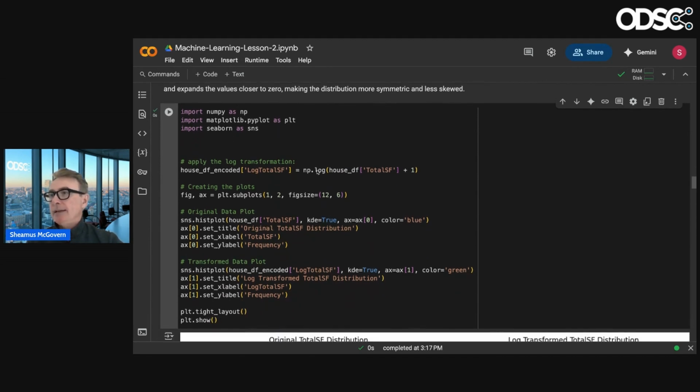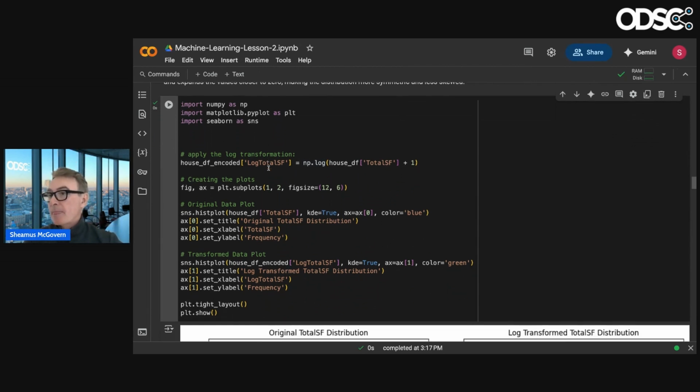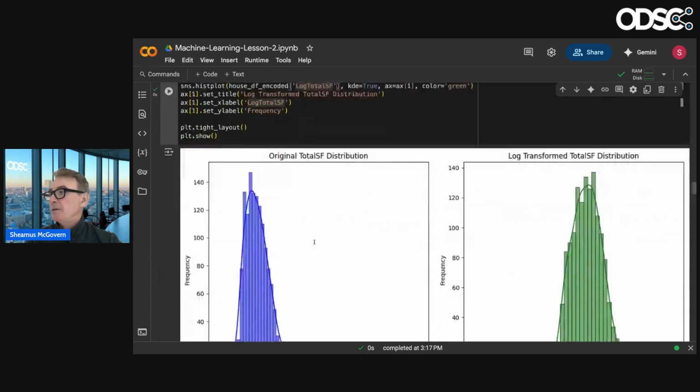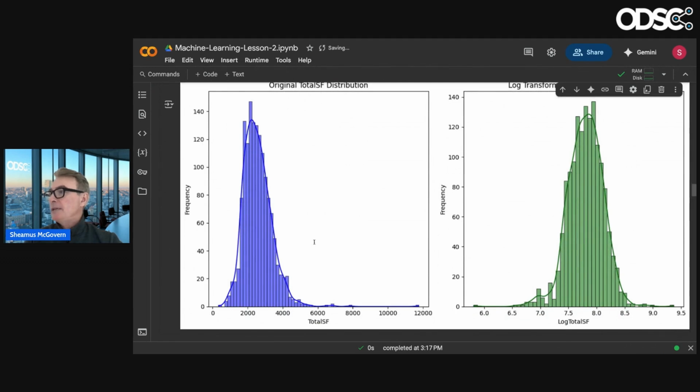So here we're just simply getting the log. We're coding the total square foot into log total square feet, and then we're plotting out the original and the one that was transformed. So you see the effect here.